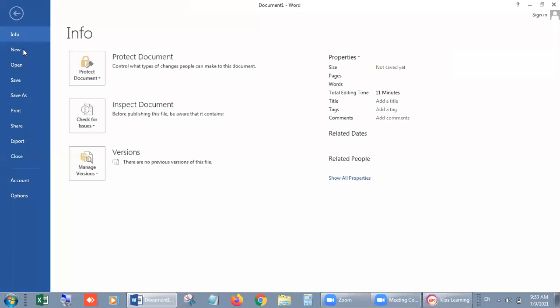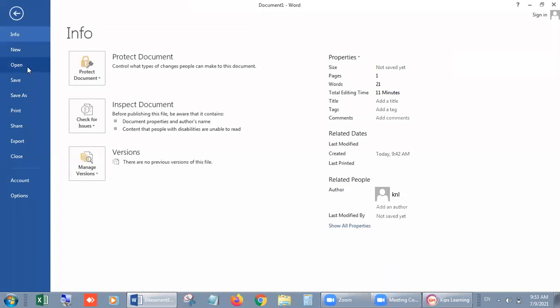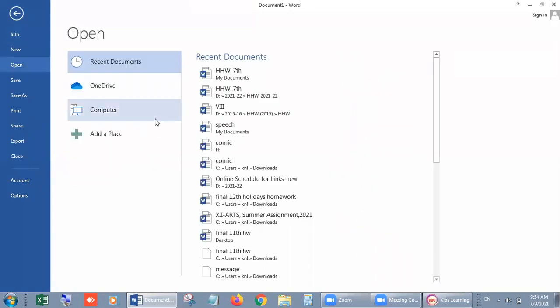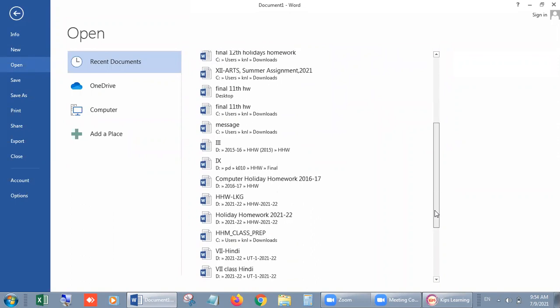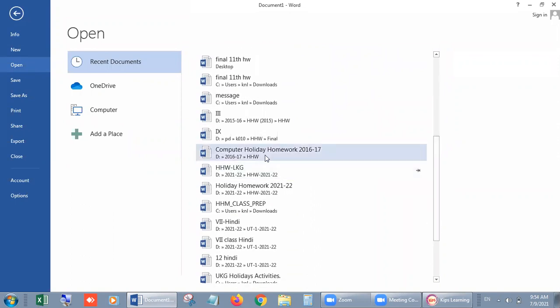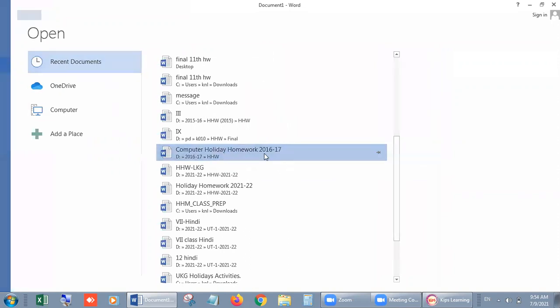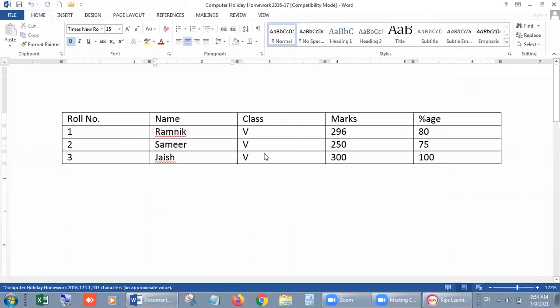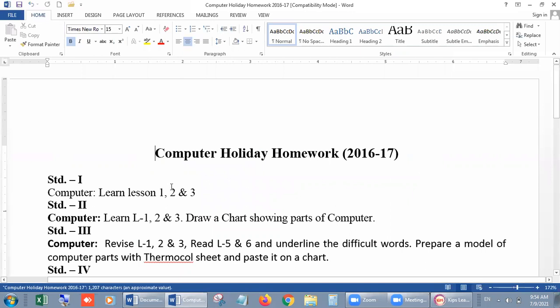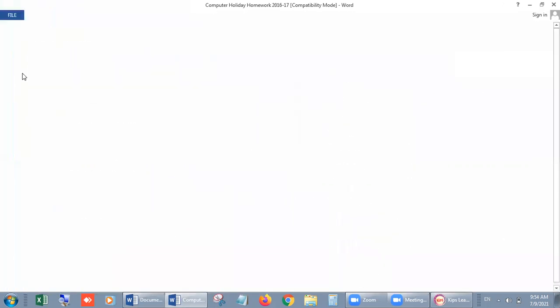Suppose I open a file in which I have a paragraph. Let me check the file. Suppose I am taking some data from your holiday homework. Let me open another file.